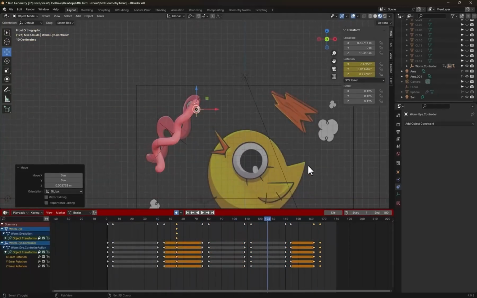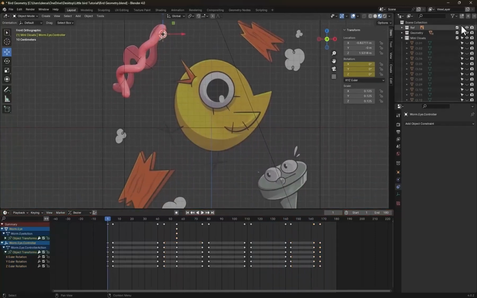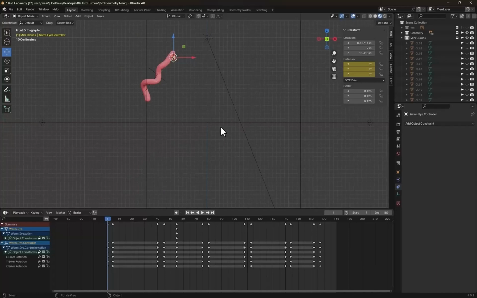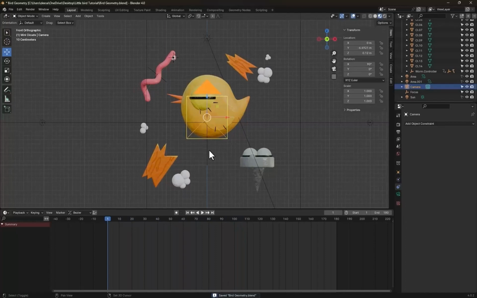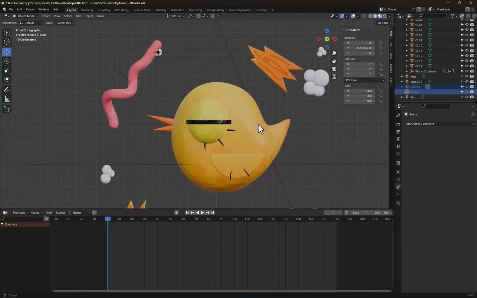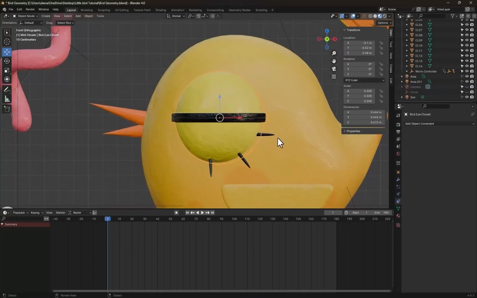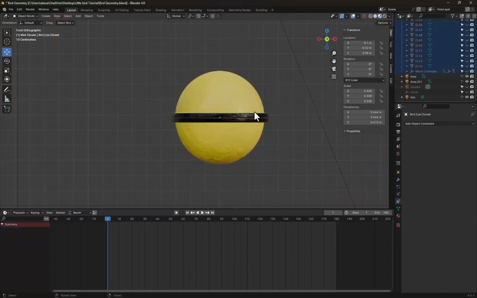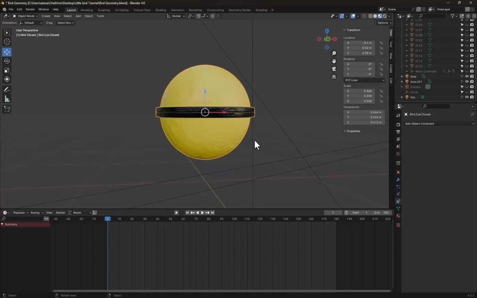Everything works smoothly. Stop recording, hide the reference, and press Alt H. Let's move on and hide these 2 objects. And now for the bird, I want to animate the eye blinking first. Press Ctrl I and then H. Select this part,